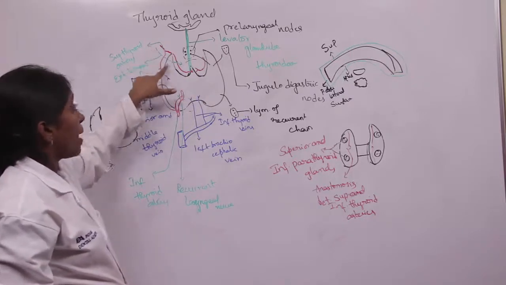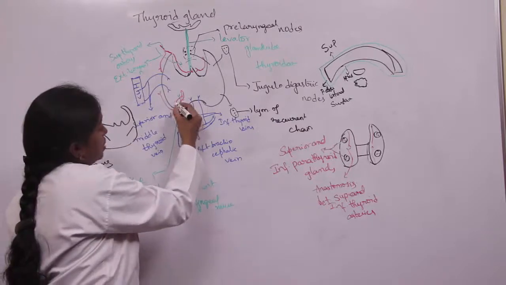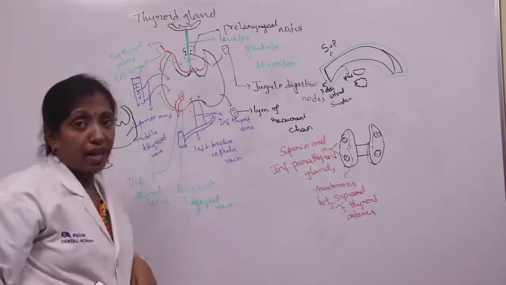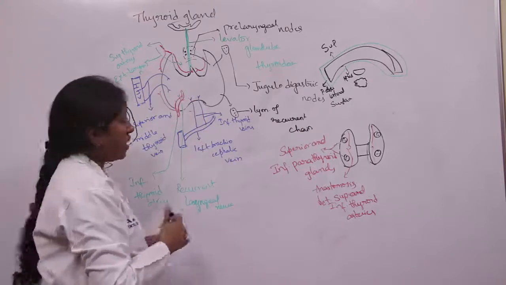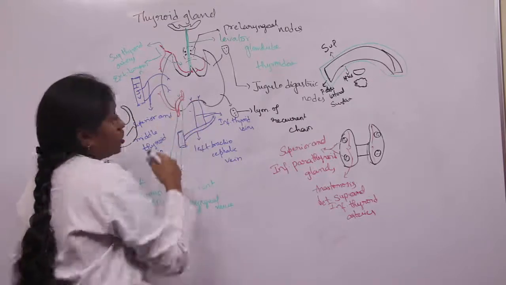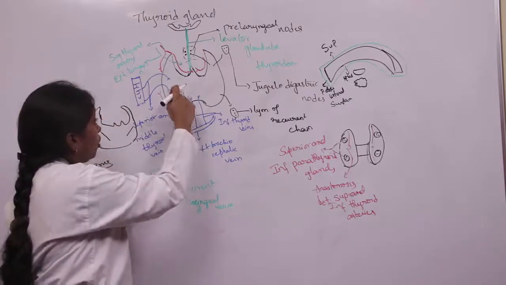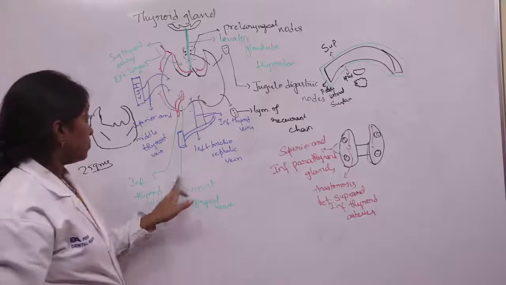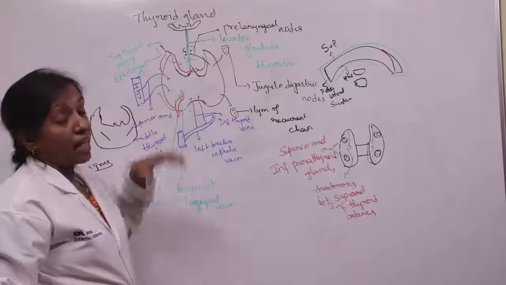The external laryngeal nerve passes deep to the superior thyroid artery. This is the base of the thyroid gland. This is the apex and this is the base of the thyroid gland. The base is related to a loop of inferior thyroid artery and also the recurrent laryngeal nerve. The recurrent laryngeal nerve passes above the loop of inferior thyroid artery or below it. So the base is related to the inferior thyroid artery and recurrent laryngeal nerve, and the apex extends up